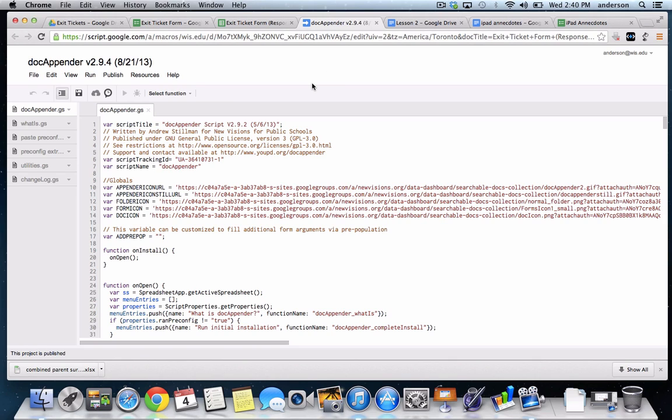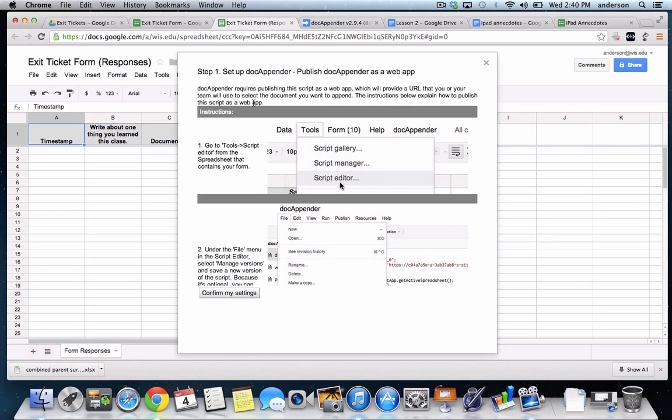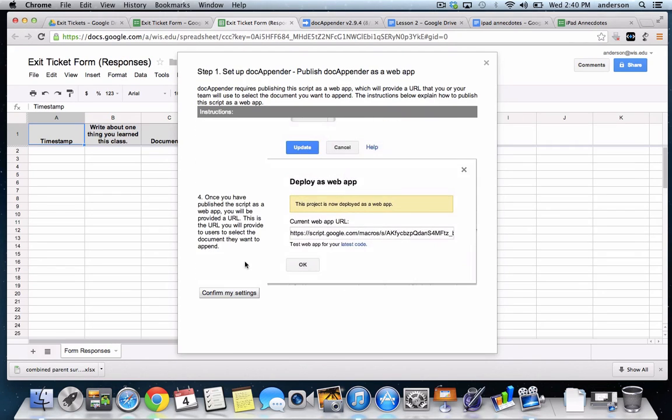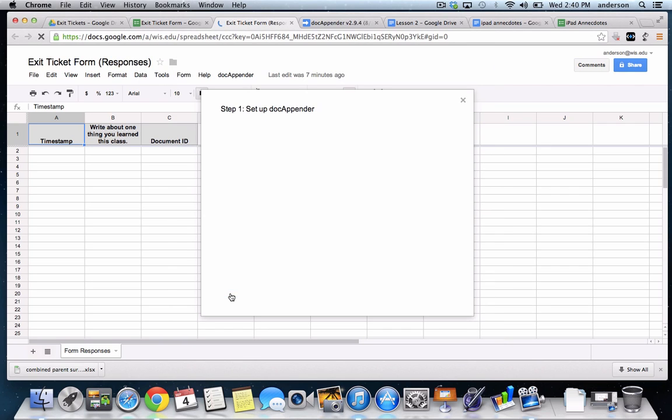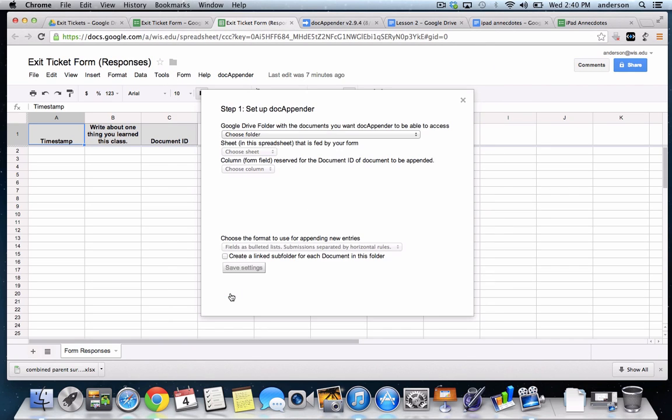Now we want to go back to the spreadsheet here. Step 1. So we've gone through, we've done everything they've asked for. This is the deploy as web app instructions. And we're going to just confirm the settings. And sometimes it takes a little while after you click to kind of set things up. So now we move into